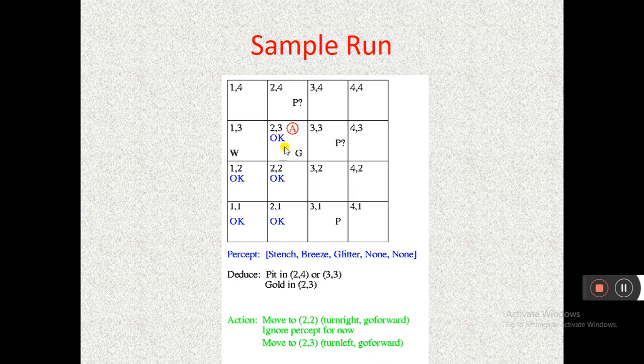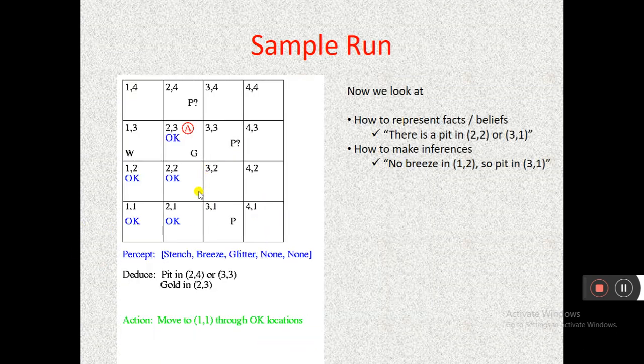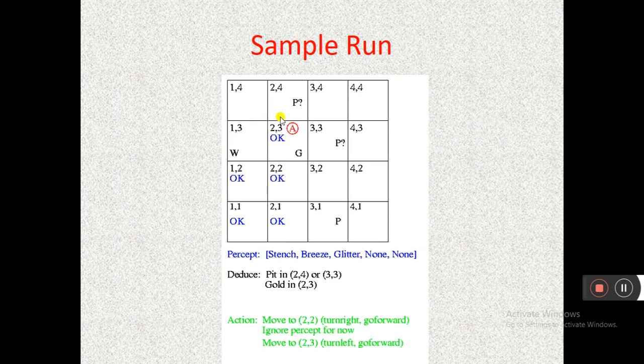Then we have moved on to 2 3, but here we have perceived that we have a pit in 2 4 and 3 3. So gold in 2 3. Here is the gold and we have picked it up. Ignore perception from now, move 2 3, turn left, go forward,